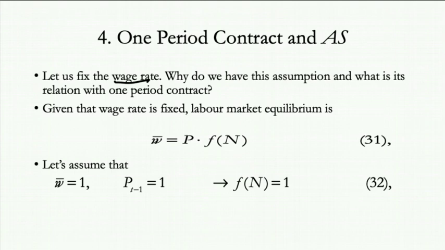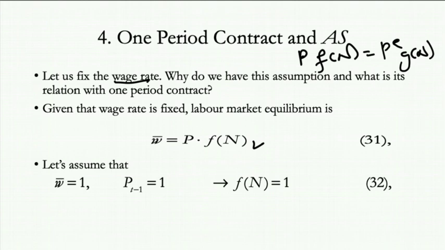So given that the wage rate is fixed, labor market equilibrium is this. Can you see the difference between this labor market equilibrium and the one when the wage rate is not fixed? The one when the wage rate is not fixed, we have learned before, so try to compare and contrast. Because in equilibrium in the previous classes, we have PFN equals PEGN, isn't it? And then equals to what? Then you figure it out. You go back to the previous notes.